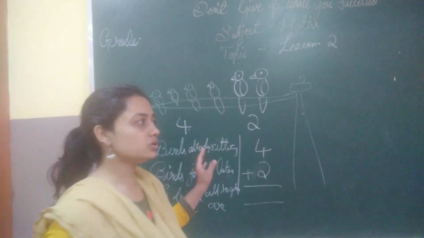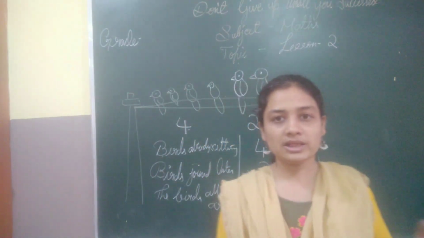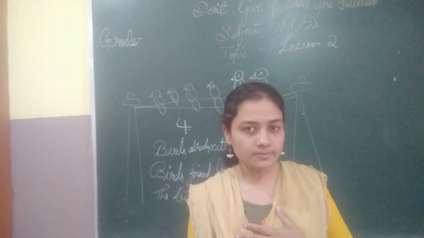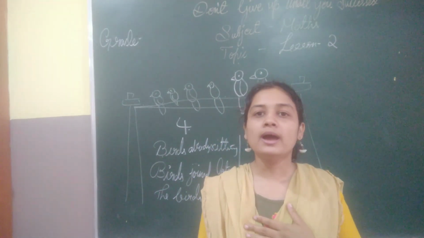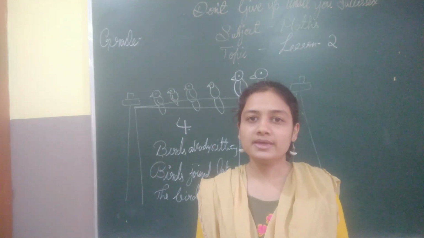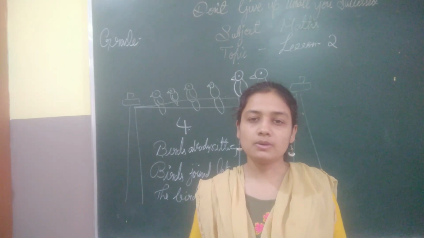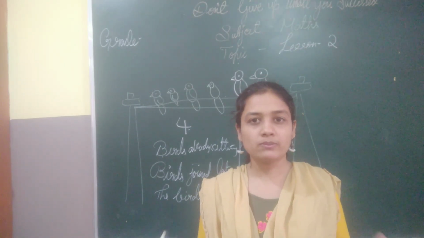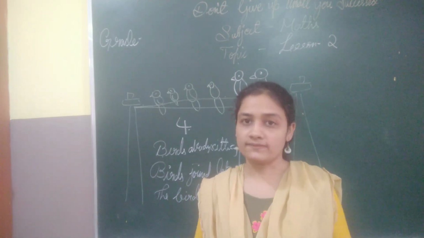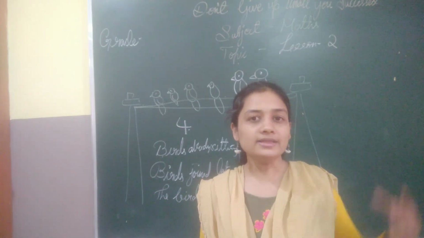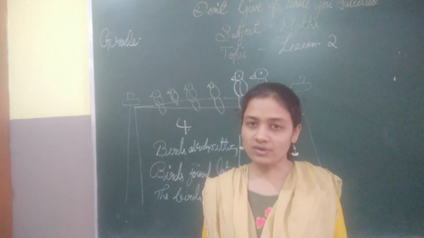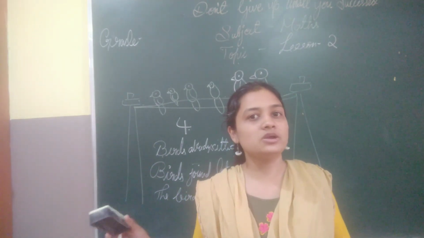So this is about the story problem. Same thing, let us take an oral example. Now, my friend's birthday. I have a friend and his birthday is today, and I am giving him a gift. I am giving him one gift, and my one more friend is giving him two gifts. And the other friend is giving 5 gifts. Now what should I do? Find totally how many gifts he got.